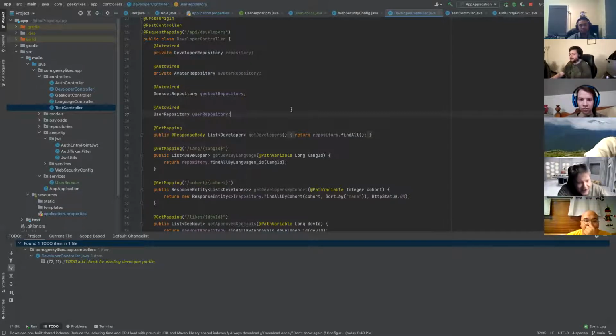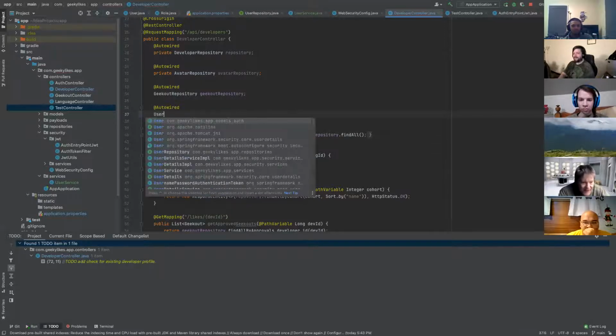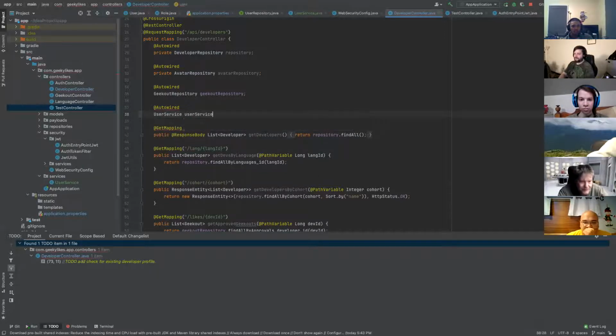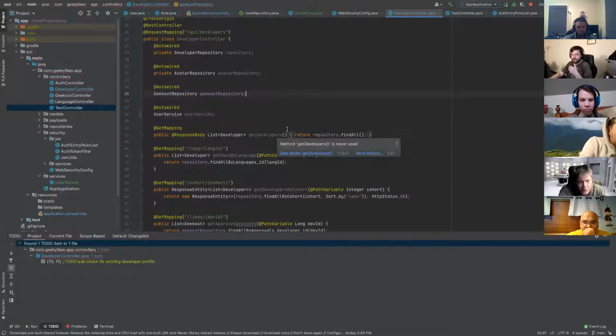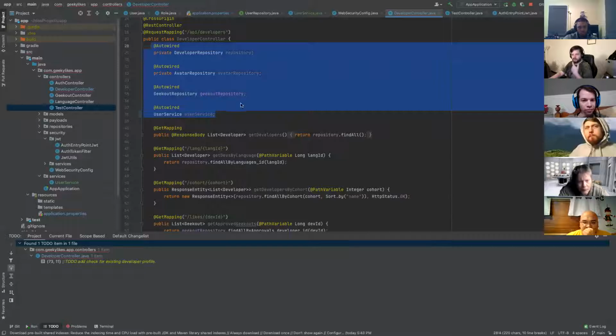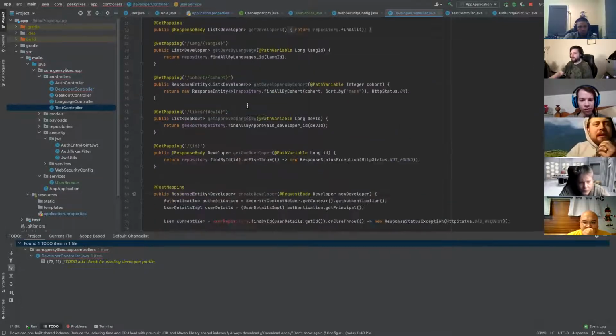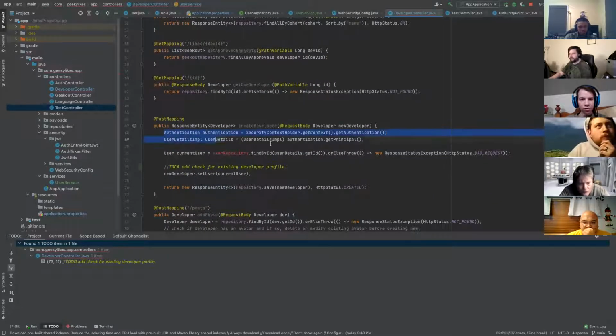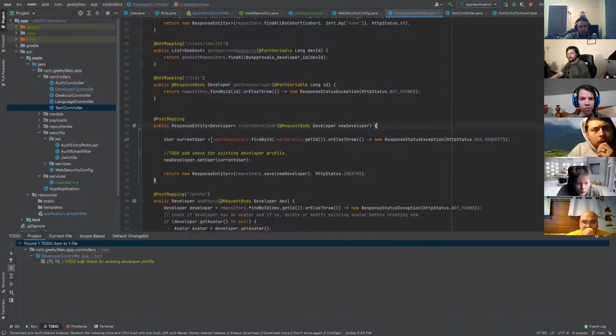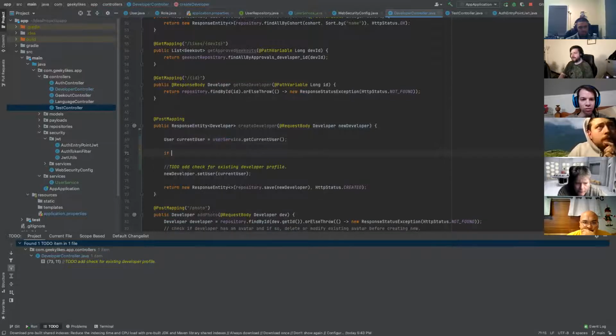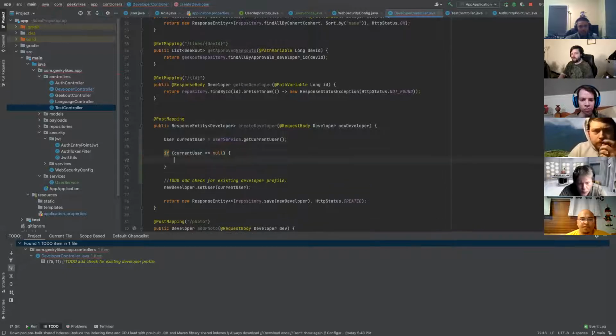All right, let's update our developer controller and use the new service we just created. Back to the code. So you're still gonna use the autowire to bring it in, so we don't have to do anything with the constructor. By doing these things, we save ourselves from having to set up the constructor. So we autowire our user service now instead, and we're gonna change these lines. No longer need this. We're just gonna switch this to service.getCurrentUser. And now we're just gonna do the simple check: if current user is equal to null, we're gonna do a